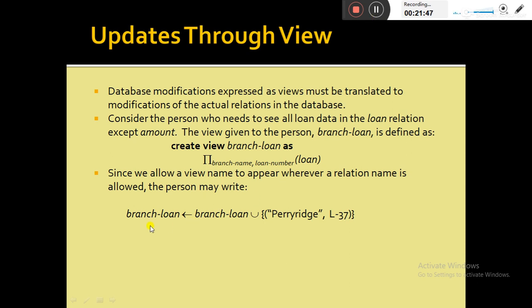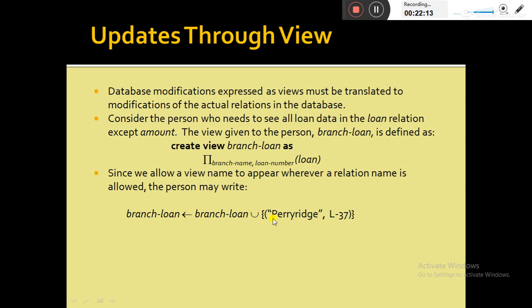And then after creating the view, suppose we are performing this operation on the view. This is the view name, then union Paris comma L37. That means this is actually an insertion operation. We are inserting the Paris branch with the corresponding loan number L37. This data is going to be inserted in the branch_loan view, which already has some data.